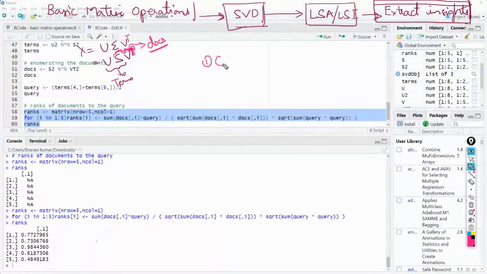First thing is we create a document term matrix. Second step is we have performed SVD. Then the third thing is we did rank 2 approximation.